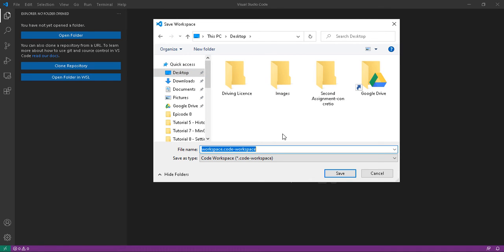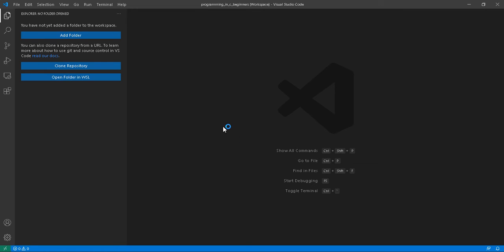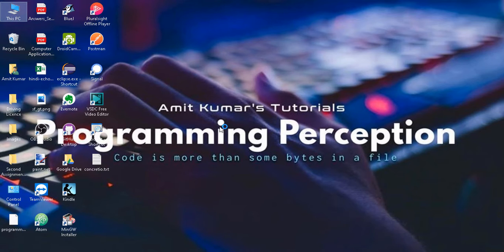I'm naming this workspace Programming in C Beginners. Now click on Save and the workspace will be saved on the desktop and you can check that out. Here it is, Programming in C Beginners workspace.